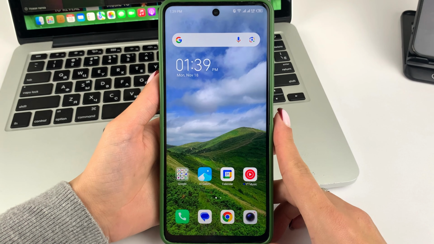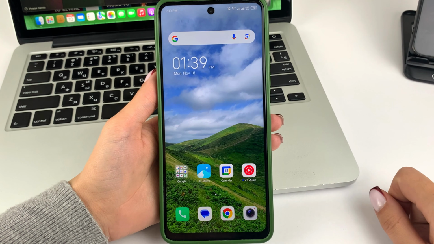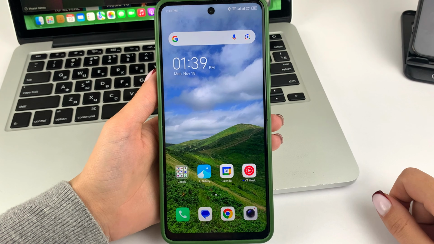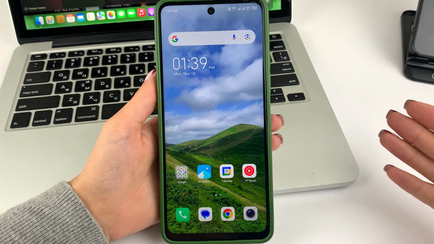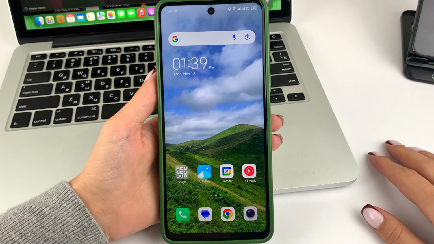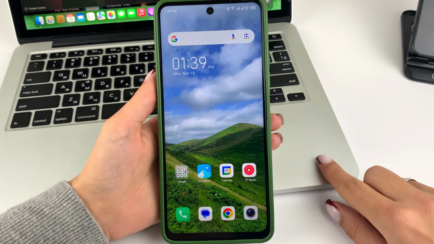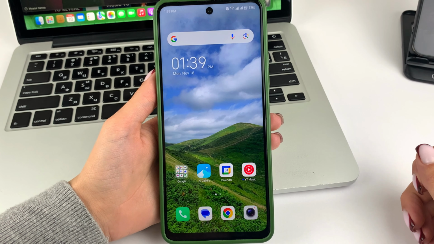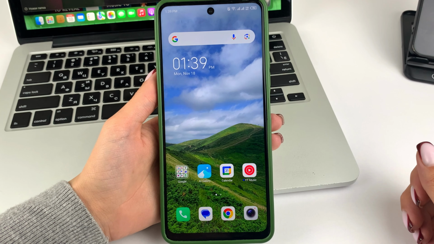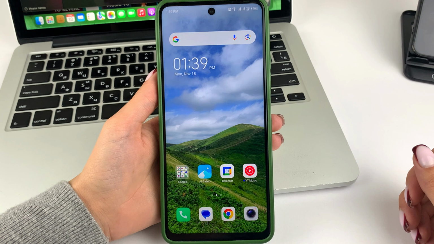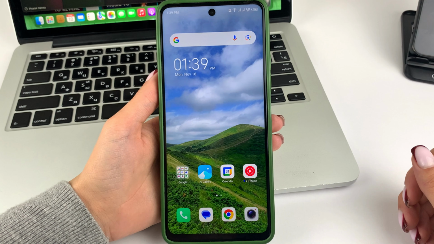So friends, let us get down to the topic. If you are facing some difficulties and problems because you have inaccurate date in WhatsApp app, you may not even be able to log into the app because of this glitch. So, how can you solve this problem? Actually, friends, it is very simple.